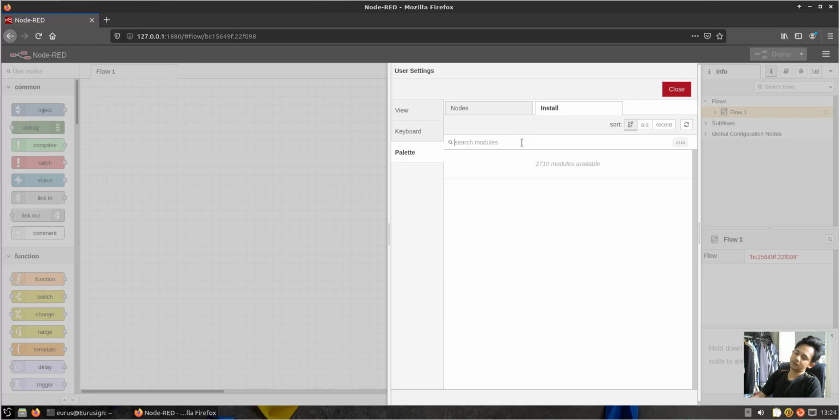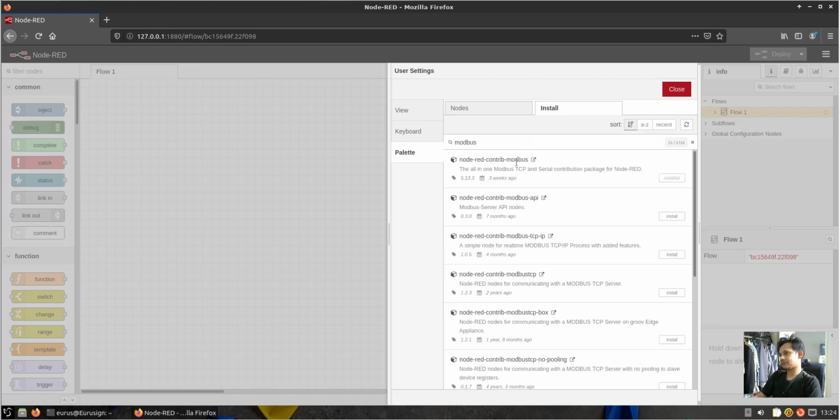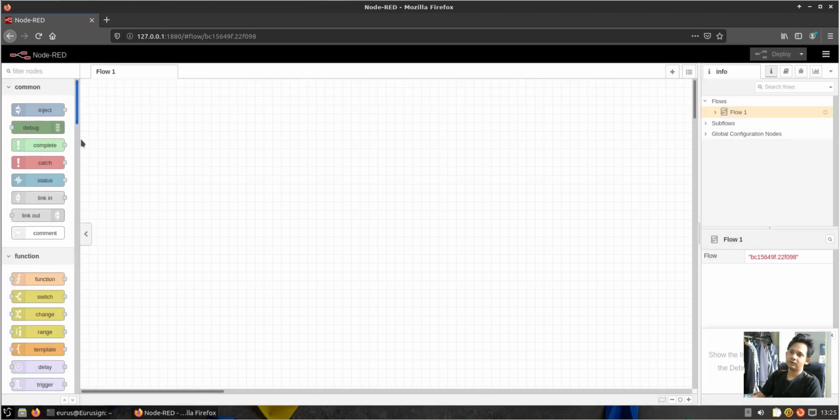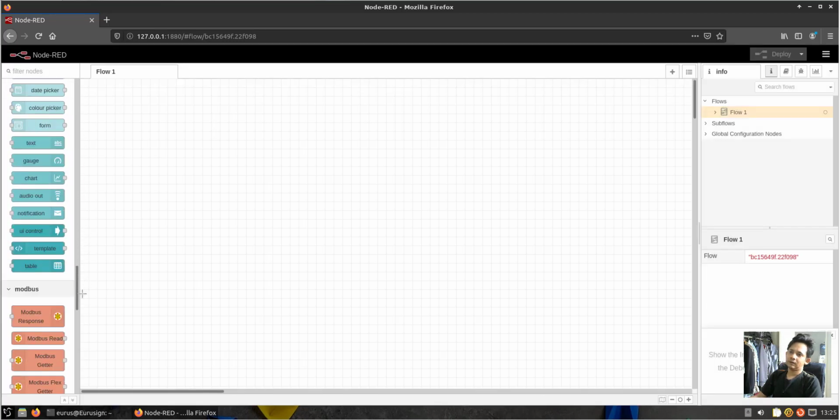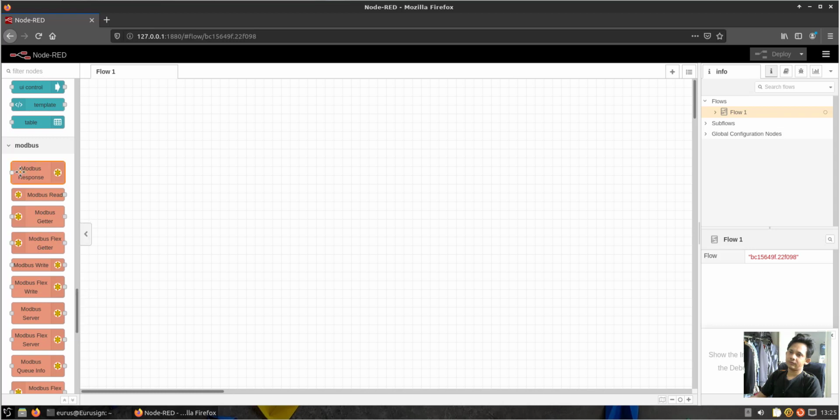You can install from here. You can search for Modbus and hit install, and then the palette will appear on the sidebar. In here you can find something like, yes, this one. So this is a Modbus